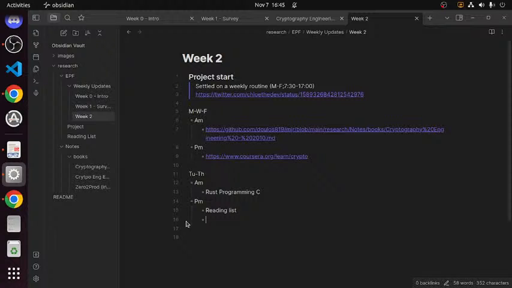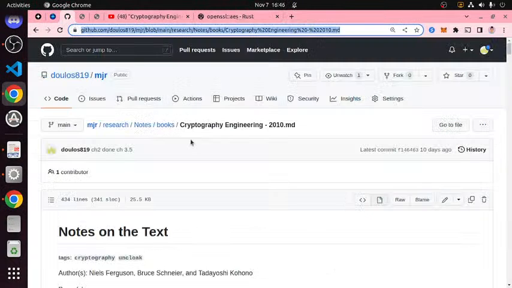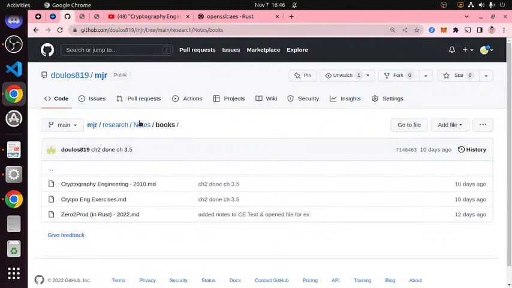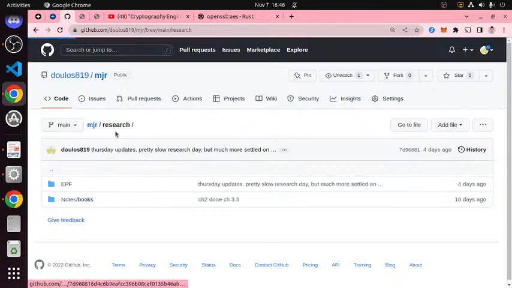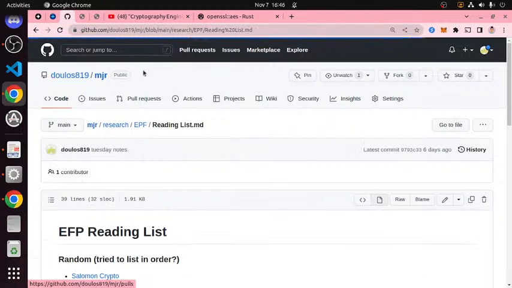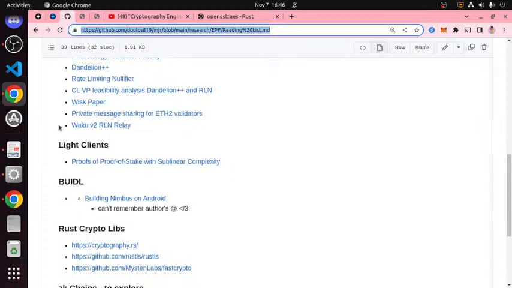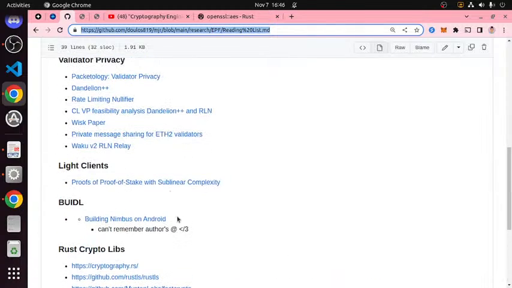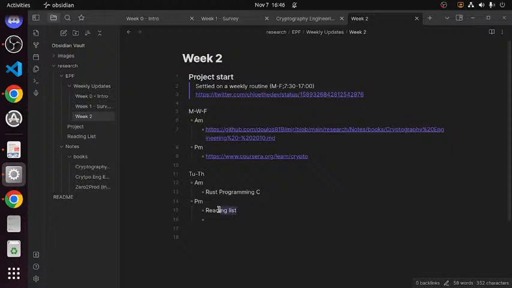So Tuesday, Thursday in the PM we have the EPF reading list. Here we go. I have to update it, there's just so much on the list. Yeah, so there's the reading list.